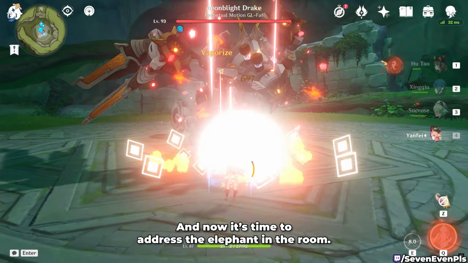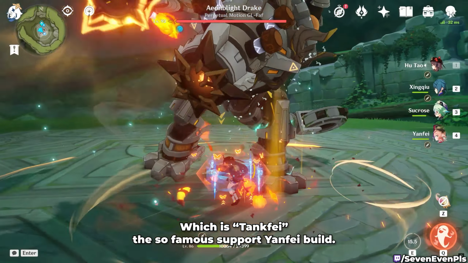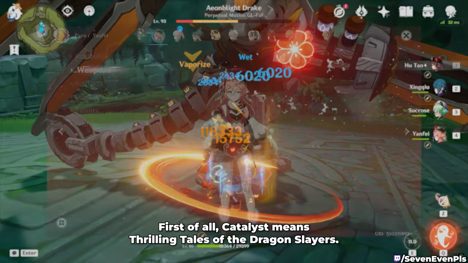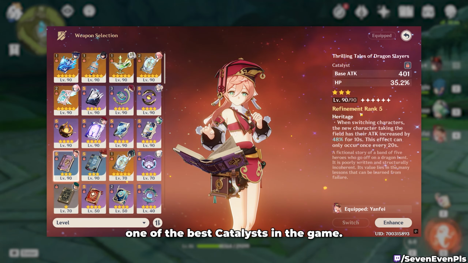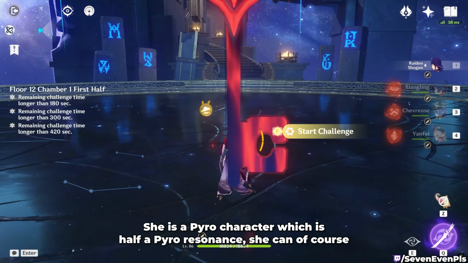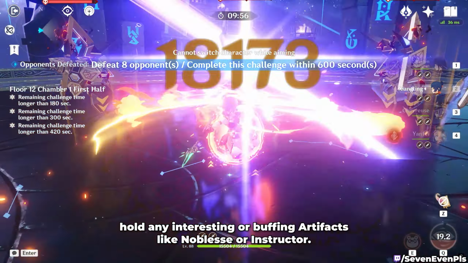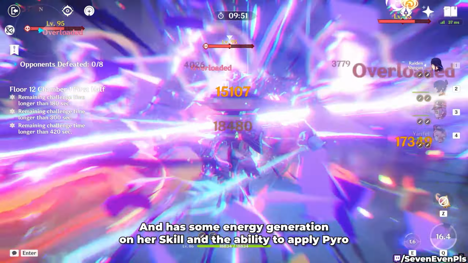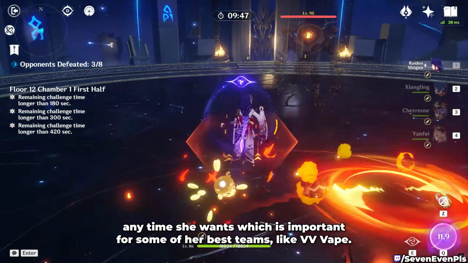And now it's time to address the elephant in the room, which is Tankfei, the so famous support Yanfei build. There are a few reasons to play a support Yanfei. First of all, Catalyst means Thrilling Tales of the Dragon Slayers, one of the best Catalysts in the game. But she has more options, like Prototype Amber or Favonius Codex. She's a Pyro character, which is half a Pyro Resonance. She can of course hold any interesting or buffing artifacts like Noblesse or Instructor, and has some energy generation on her skill and the ability to apply Pyro anytime she wants, which is important for some of her best teams,